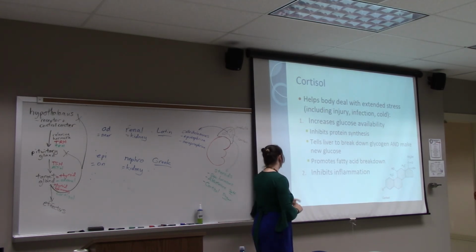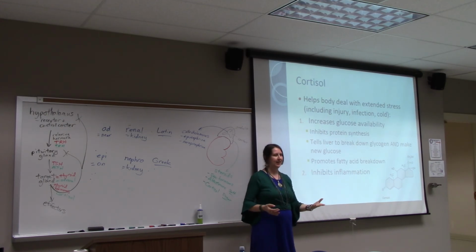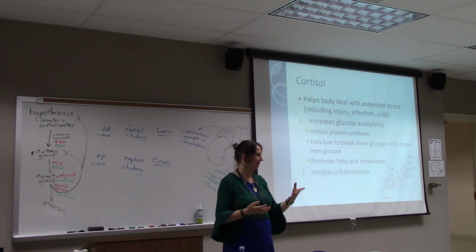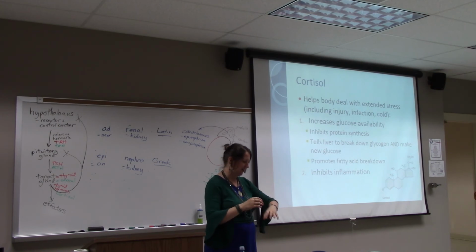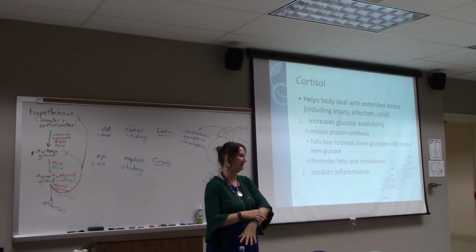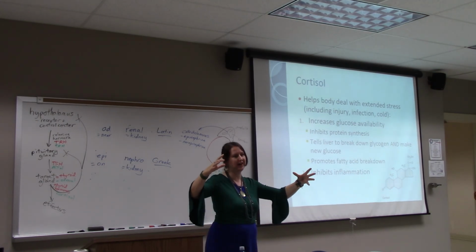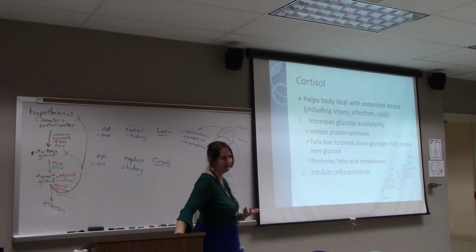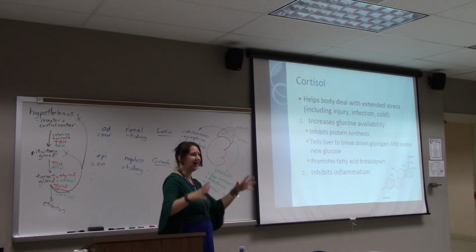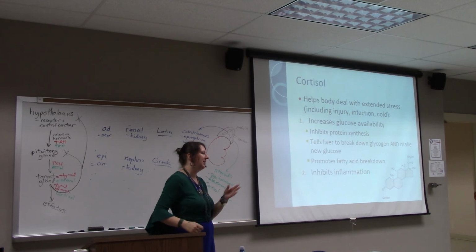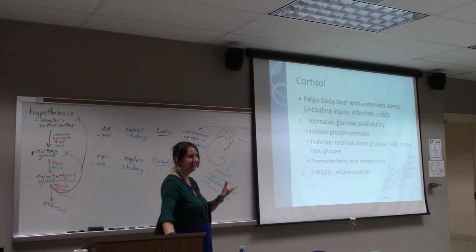It also inhibits inflammation. Inflammation is a useful effect in a certain area that has an infection, but you don't want it to spread too far because it can cause damage of its own. So the cortisol helps keep it in check. So if anyone's ever had steroids for an infection or